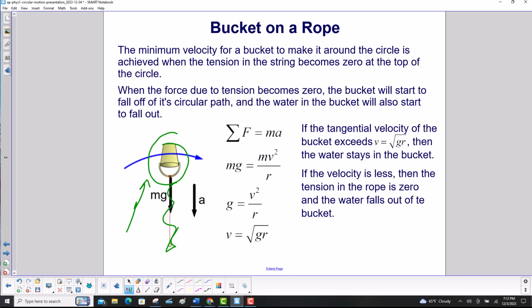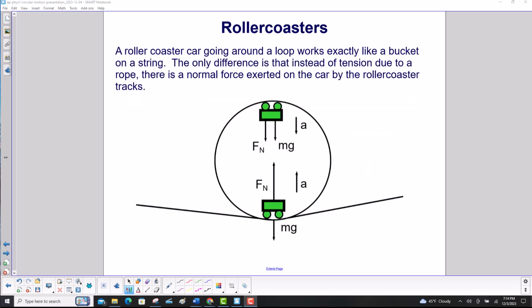If the tangential velocity of the bucket exceeds v is equal to the square root of gr, then the water stays in the bucket. And we derive that right over here. We got rid of the tension force. If the velocity is less, then the tension in the rope is 0 and the water falls out of the bucket. A roller coaster car going around a loop